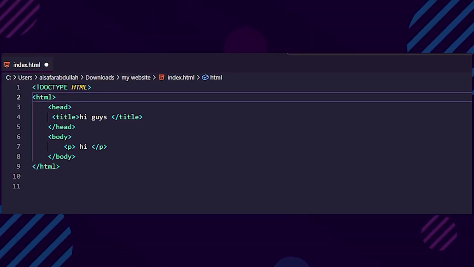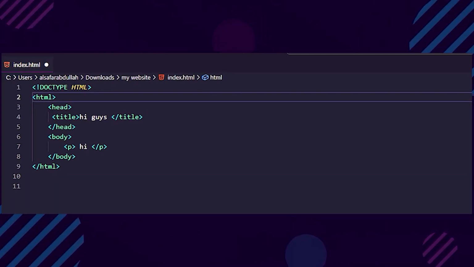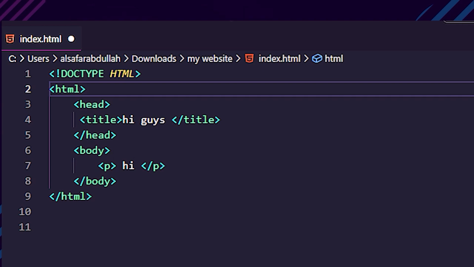This tag is for the opening of the web page, and we will explain them all one by one. So, the doctype html: this tag tells the browser that the document is HTML5, because the web doesn't know if this is HTML, this is CSS, this is JavaScript. You should type doctype html to make a successful web